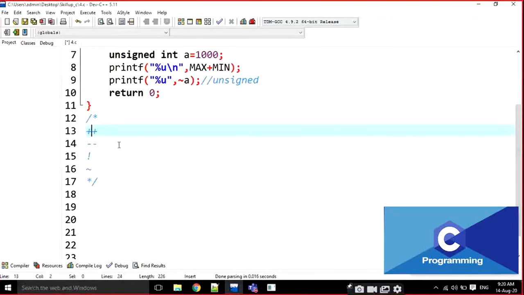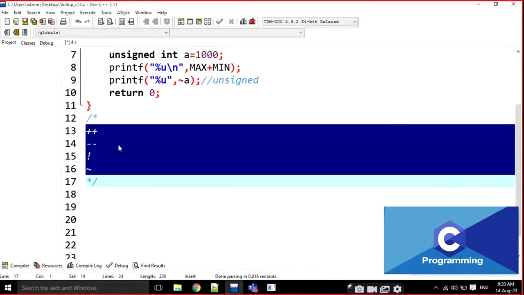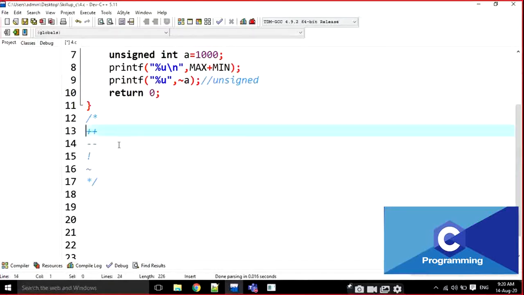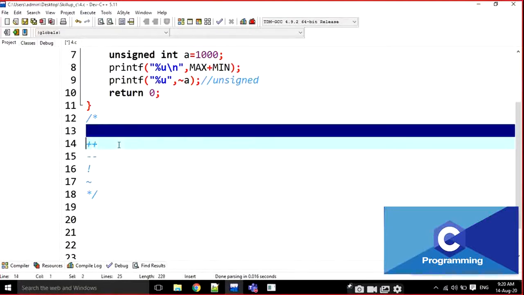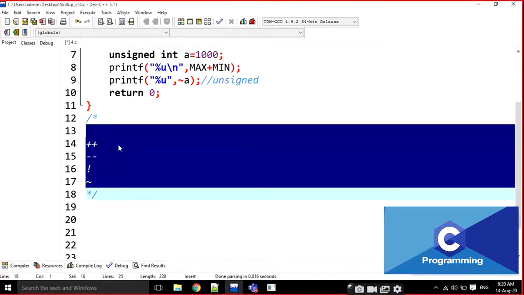Okay, these operators are called unary operators. Addition, subtraction, any other than these four, remaining all are called binary operators.